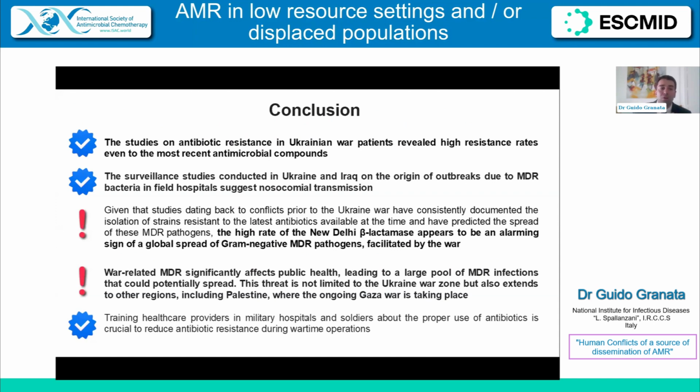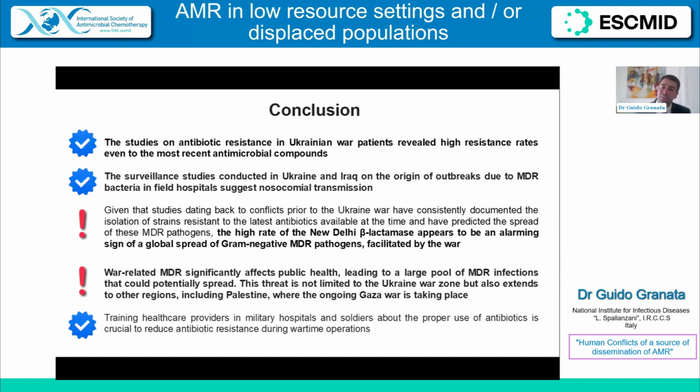So to conclude, we can say that the studies on antibiotic resistance in Ukraine, but also in previous conflicts, revealed a high rate of resistance, even to the most recent compounds. The origin of these outbreaks is mainly nosocomial, so the studies confirm the key role of nosocomial transmission in field hospitals. And given that the studies dating back to prior conflicts consistently documented the isolation of strains resistant to all the antibiotics available at that time,